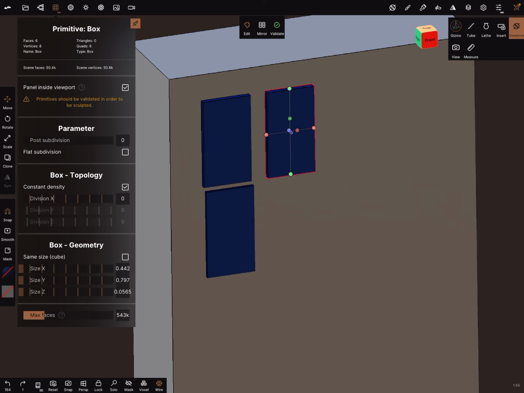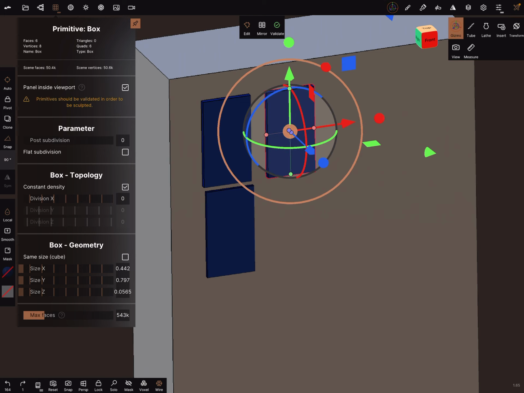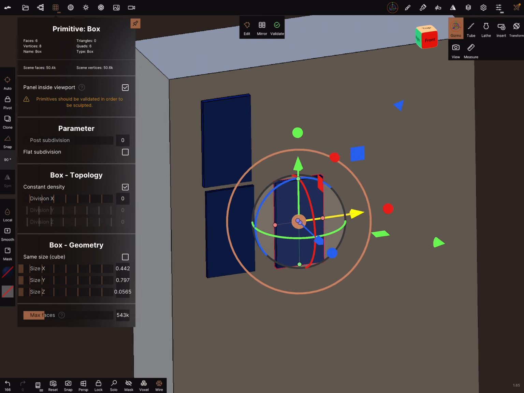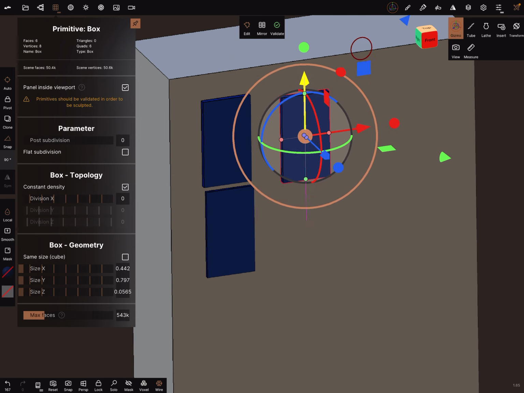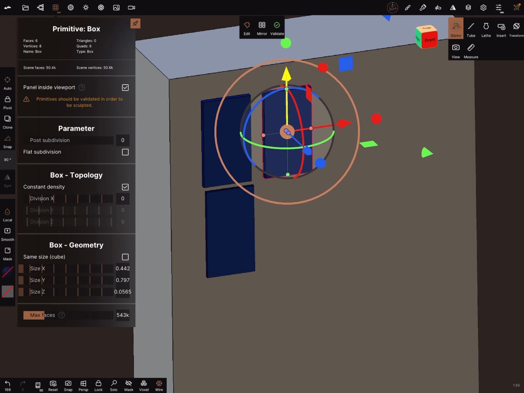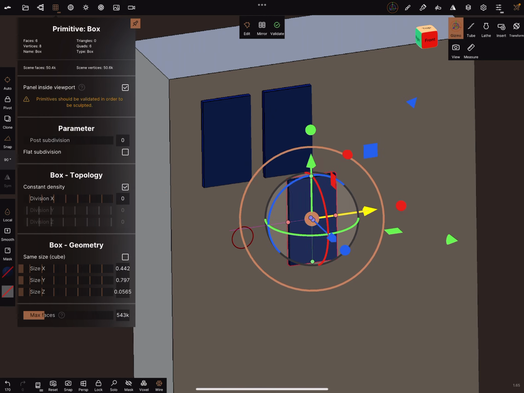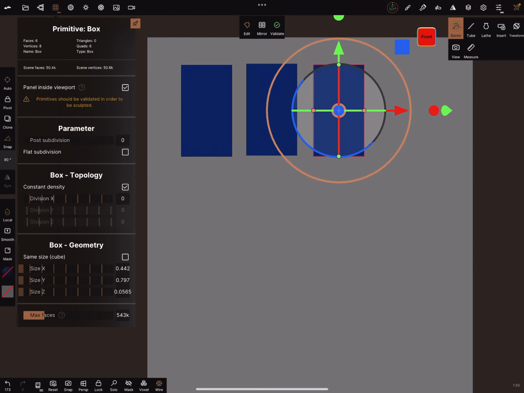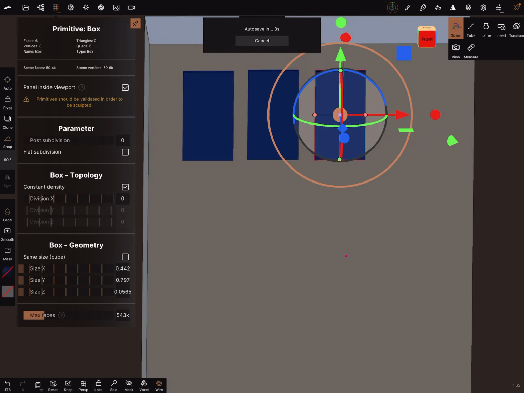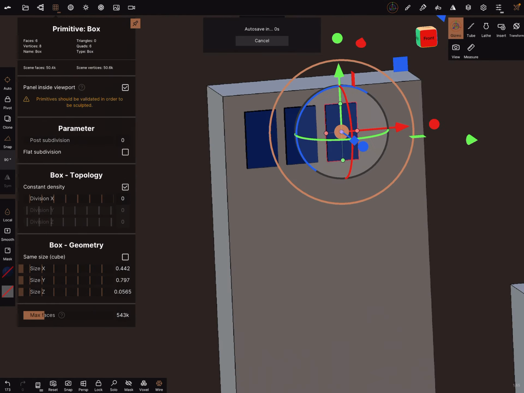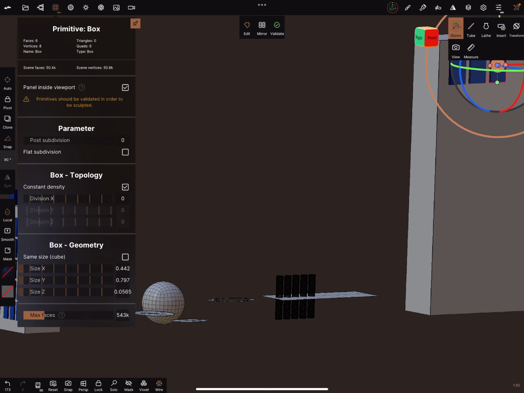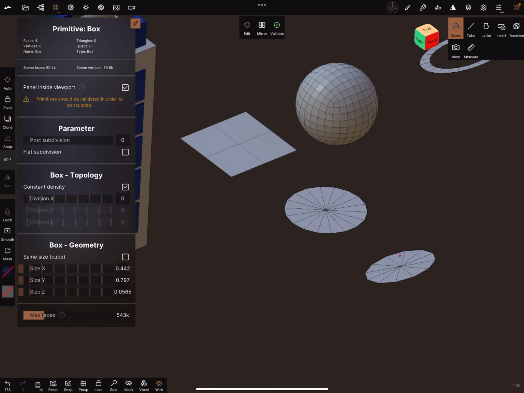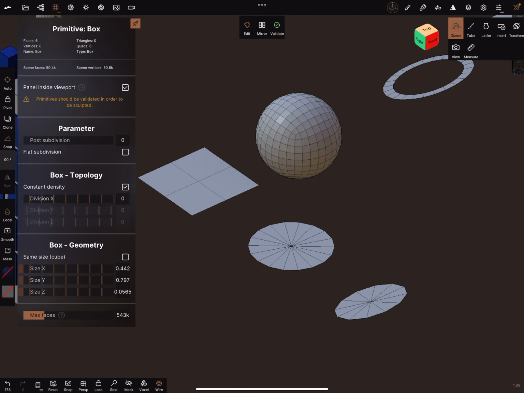When you want to position those windows, there's no reference and no snapping on the surface, and you can do it like this and try to place the windows. Yes, it's not an exact thing. Okay, how to do this? First I have to explain some things that are important to know.